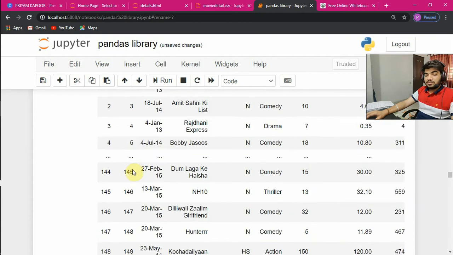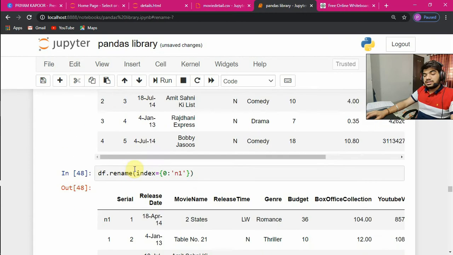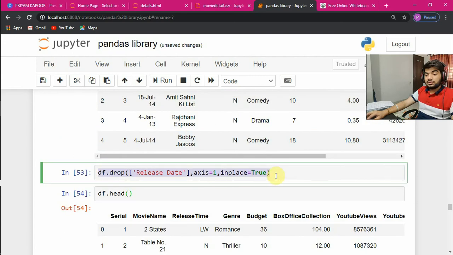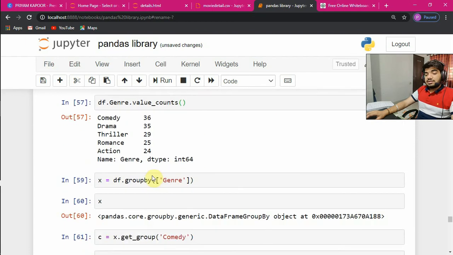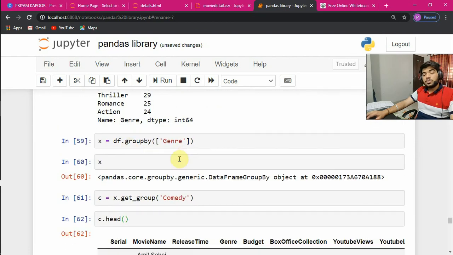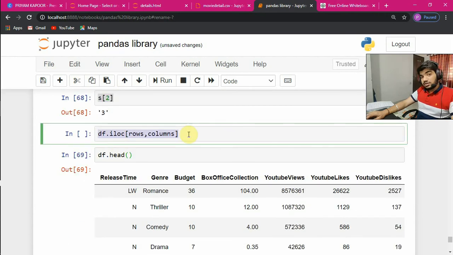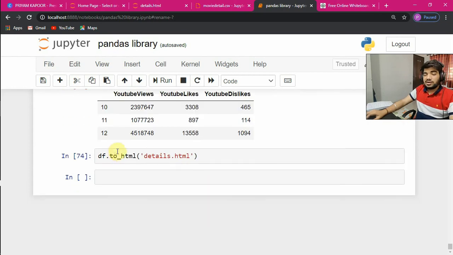Apart from this, we also saw renaming indexes. Then we saw dropping, I guess, right? Like how to drop something, how to delete some particular table. And apart from that, we saw unique value counts, group by, and most importantly, iloc. People, if you don't practice iloc a lot, then definitely it will cause errors. And iloc is a very important thing in pandas as well. Generally, there are cases when you don't require the whole sheet, so you have to take out the values using iloc. So definitely you will have to practice a lot about this. Apart from this, we saw how to convert a particular data frame into HTML.